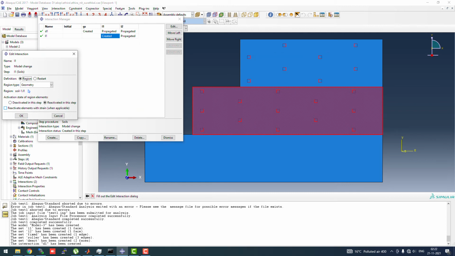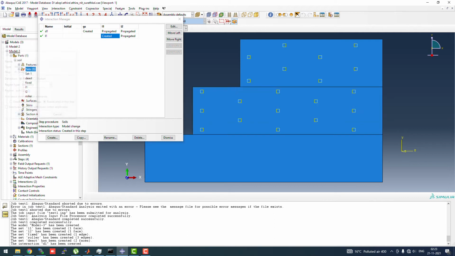You won't want to check this box, reactivate elements with strain, although more precisely it will behave than when we do it, but it will generally cause failure. So if you are doing a basic analysis, you just want to have the strains which come with the general activation. Now again copy this and call it L2, start it from the step L2.